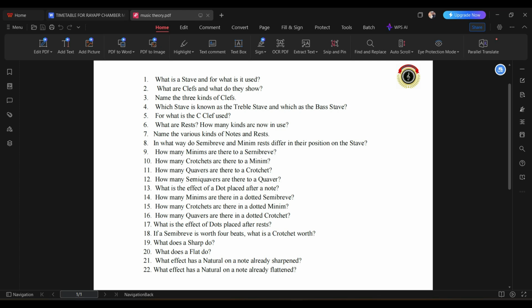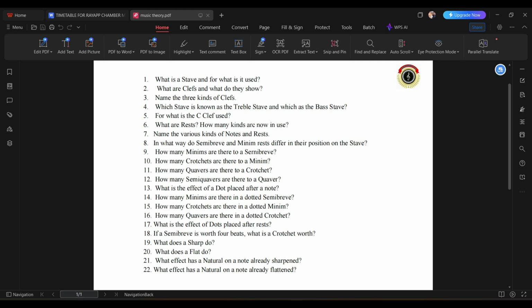The treble clef can also be called the G clef. The reason being that it is drawn from the second line of the treble staff. So if you want to know the difference between the treble and the bass staff, that is one significant thing you can say. So the treble clef is drawn from the second line of the treble staff, and then the bass staff is also called the F clef, and it's drawn from the 4th line of the bass staff,